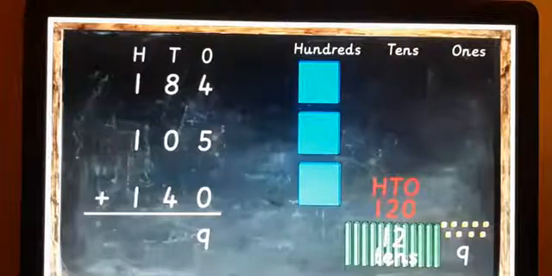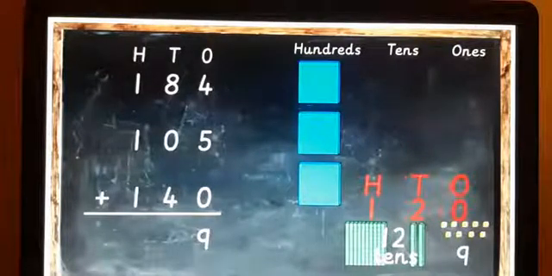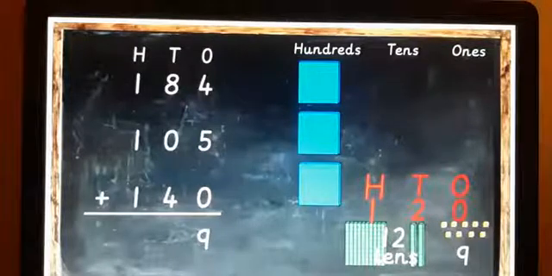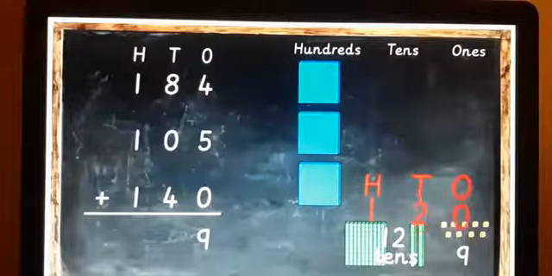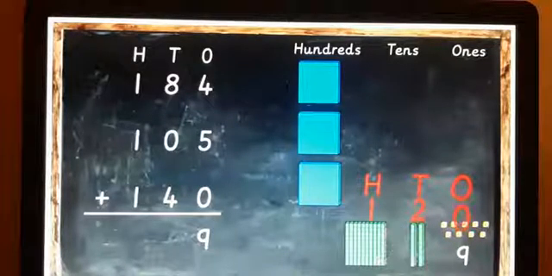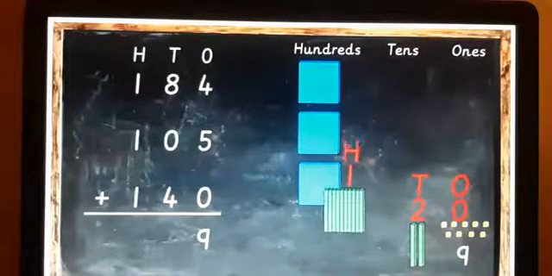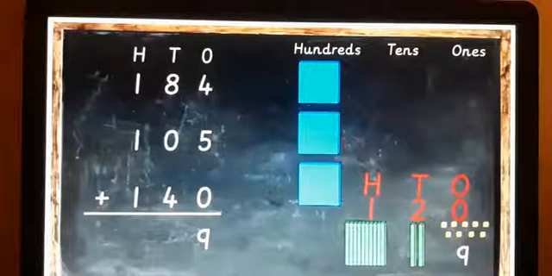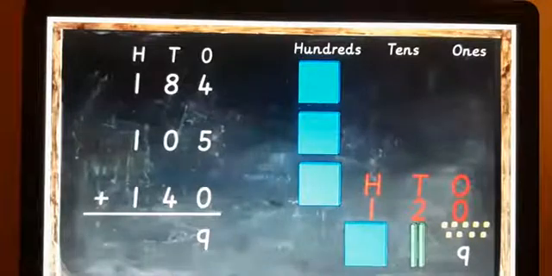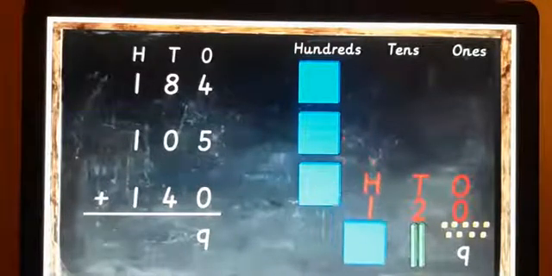Like this, you have to understand the concept, children. So see, now it is divided. All it became a 100 sheet. That green sheet will be changing now to blue, and in the ones place 0 is there, so not to worry about that. In the tens place 2 will be there. 2 will be left in the tens place, and 1 will be carried to the hundreds place. It will go there. You can see, at the bottom of the third place you can write it there. As I said, it changed to the blue color, so it went to the hundreds place.